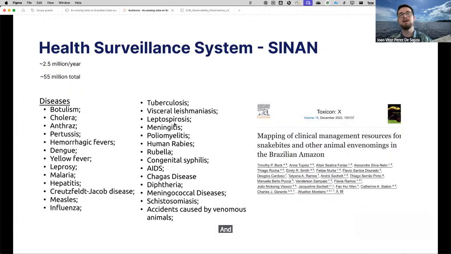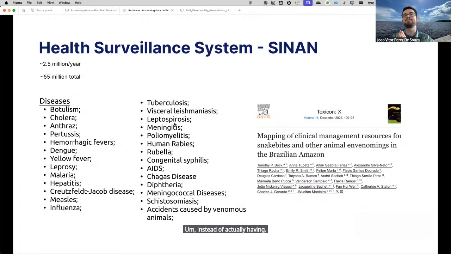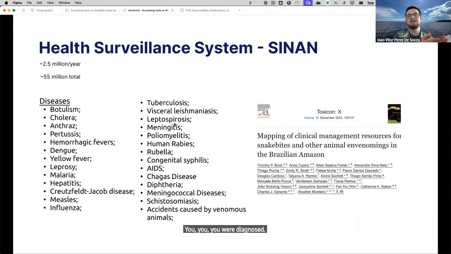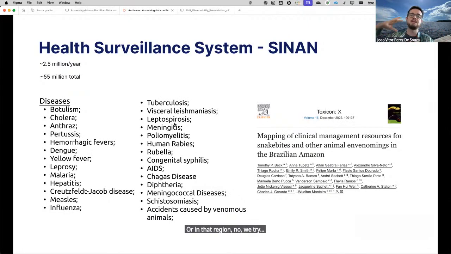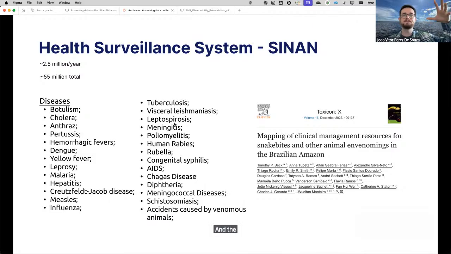And this is done in a way that we try to capture as much as possible from this encounter, instead of having a siloed information system where you were diagnosed in this municipality and the information is only kept in that municipality or that hospital or in that region. No, they try to send this across all spheres. So we can get this picture at the granular level of the municipality, but also at the state and the federal level as well.